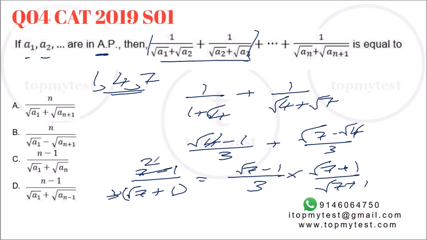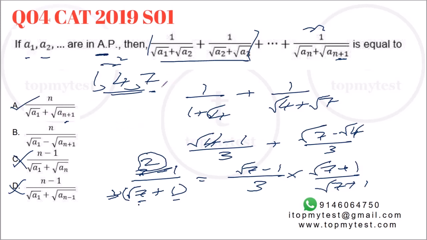Now, what is 2? See, for n plus 1, the series stops at n, right? If you have to take n terms, the last one will be n plus 1. So if you take 3 terms, the last one will stop at 2. So 2 is your numerator. So this is out, this is out. Denominator is 7 plus 1. So that is a3 plus a1. So 3 plus 1 plus 1. Option A will be your correct choice.